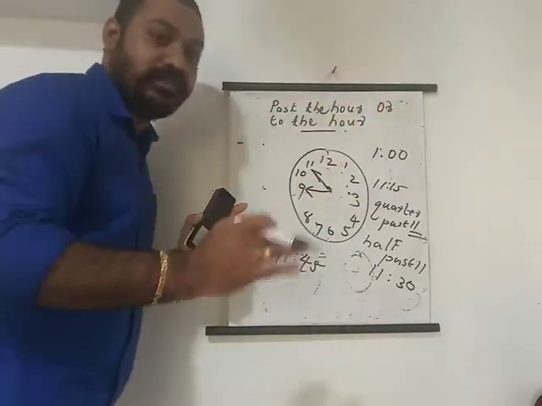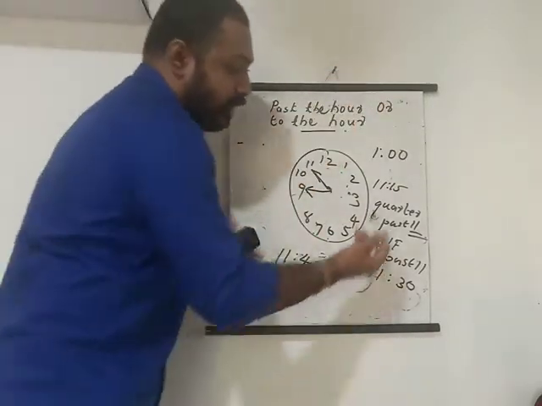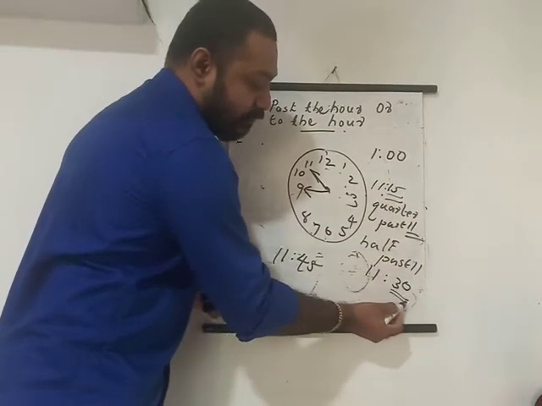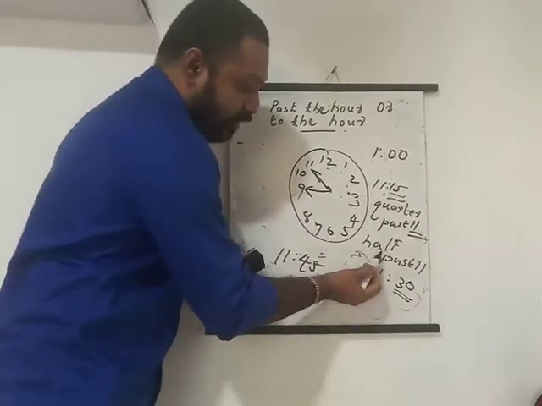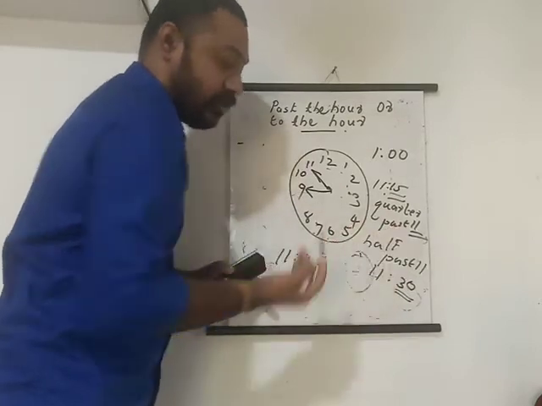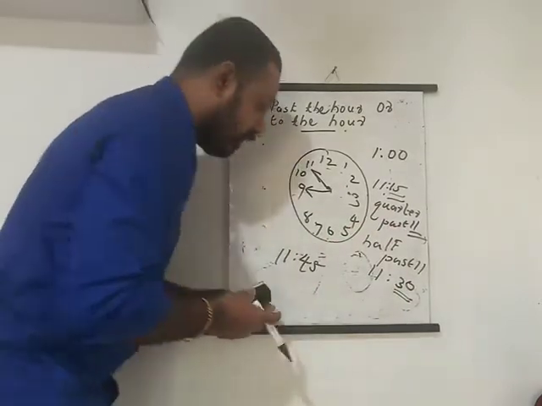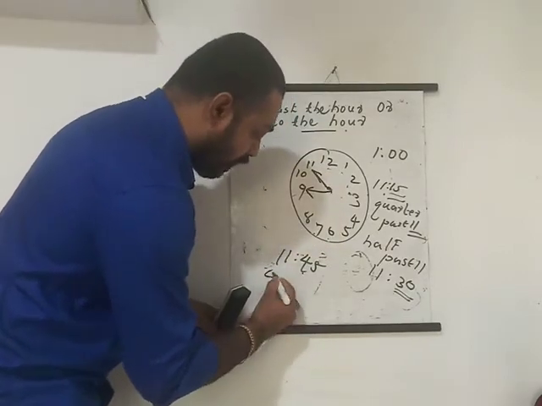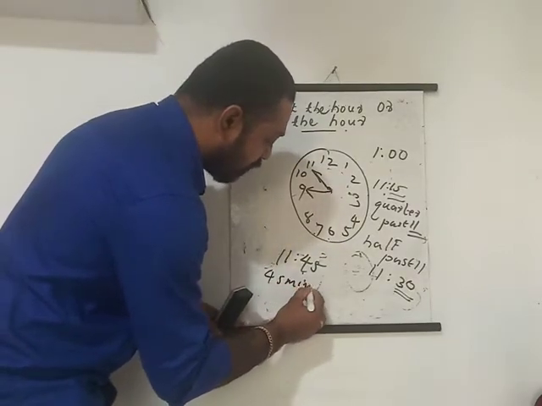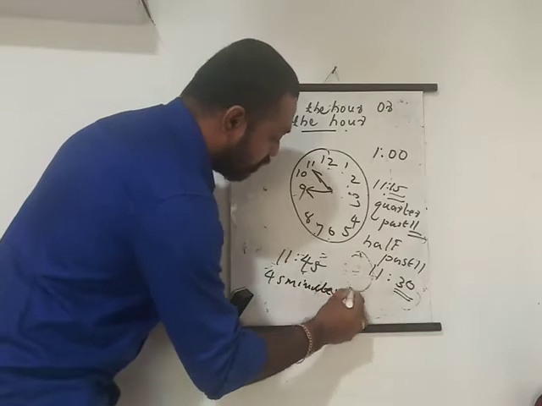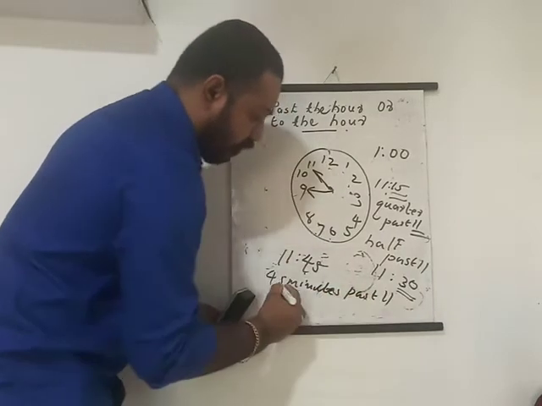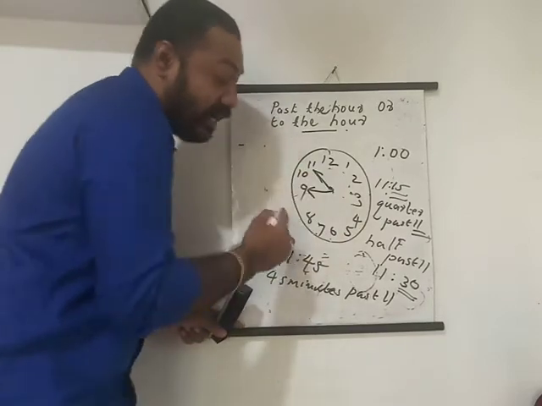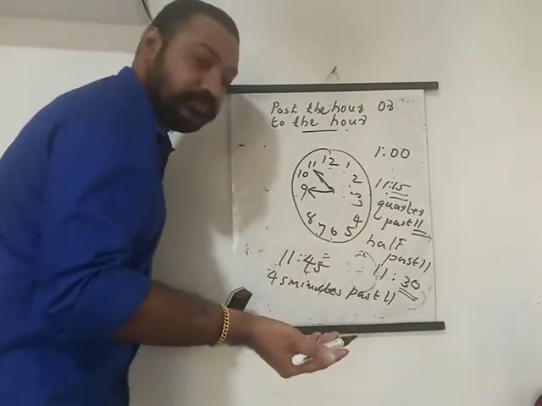That is the longer method we can say. 45 minutes. Here also we can say that 15 minutes past 11. Or here you can say 30 minutes past 11. Or it is half past 11. Or it is quarter past 11. Many ways we can read it. So we can write this as 11:45, or we can say 45 minutes past 11. Or you can say how many minutes need to reach 12.